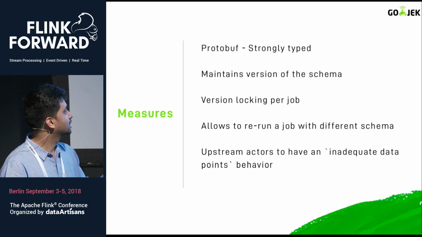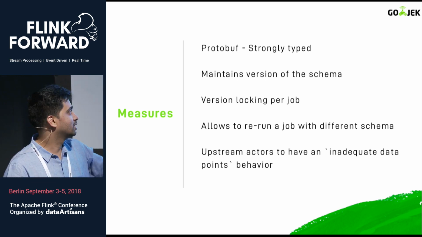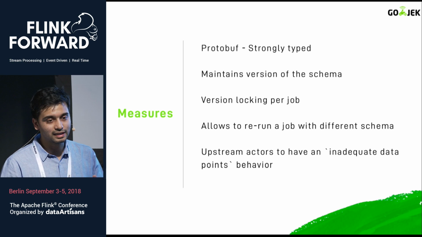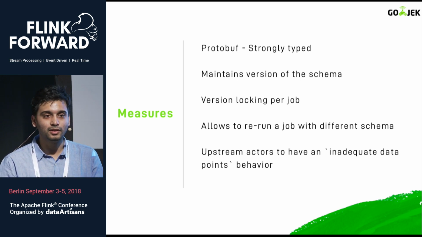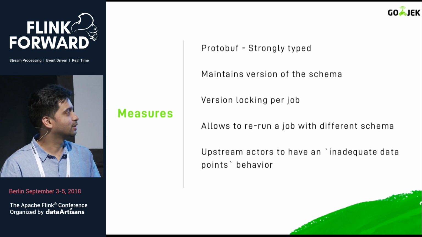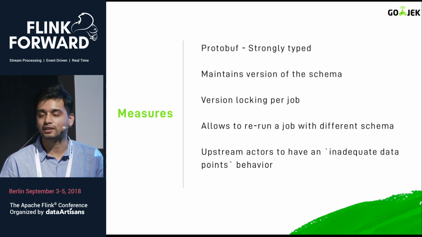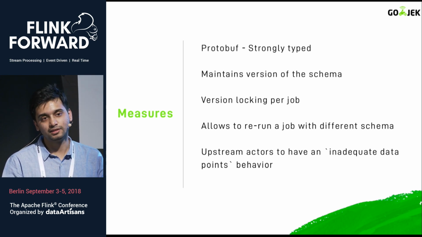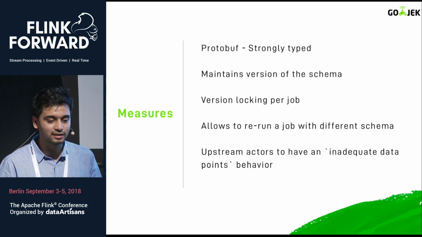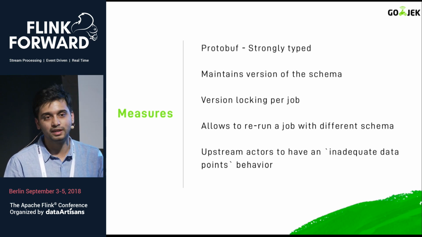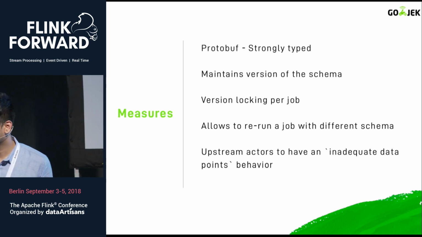And the last point is the one which I already discussed, where there needs to be a distinction between no data versus the aggregation resulting in zero. So for example, surge pricing calculation only happens if there are enough points available in the system. For whatever reason, let's say the job is lagging or the job went down and there are no data points, then the surge pricing will not be calculated and it will just do a default behavior.